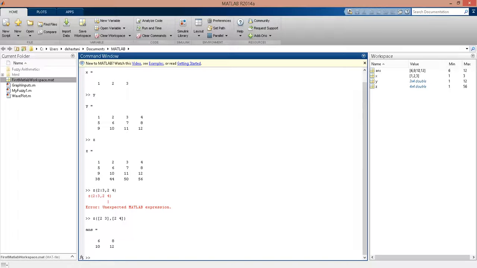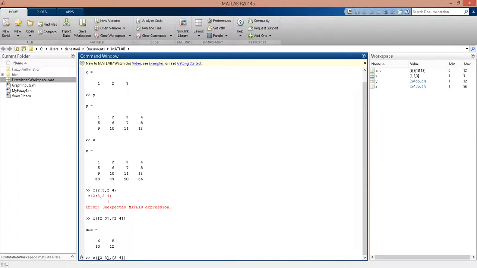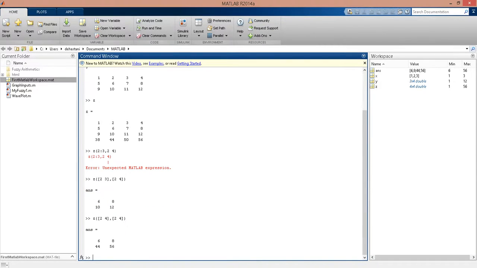Okay, however it is not used 6 10 44 because I used 2 3, 2 3. Okay, means 2 3, not 2 4. If I use the 2 4, it's gonna be just 6 44. However, I want to show the 6 10 44 8 12 56, so